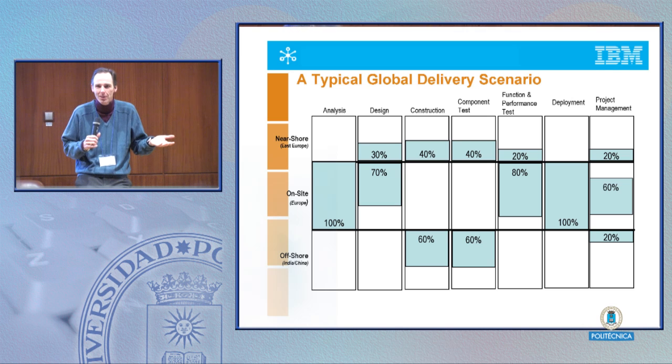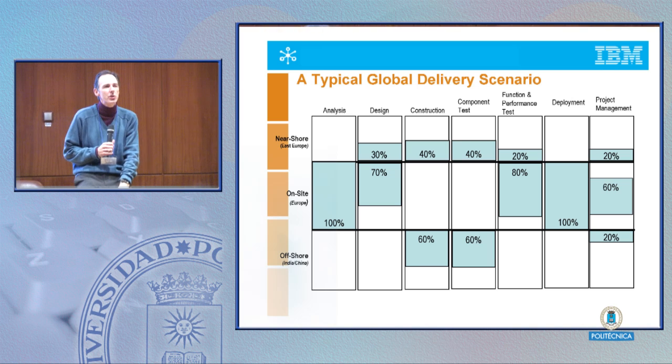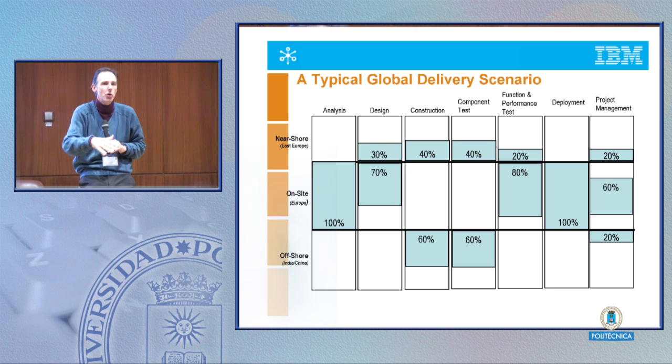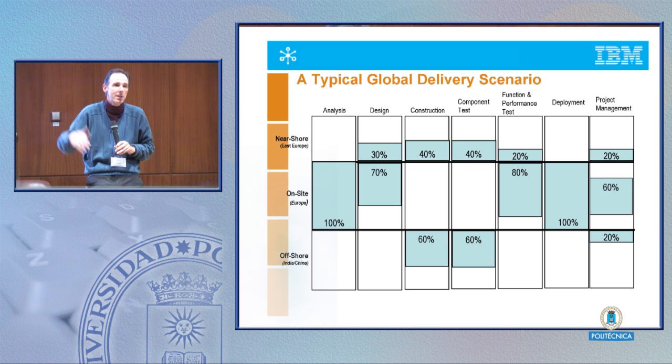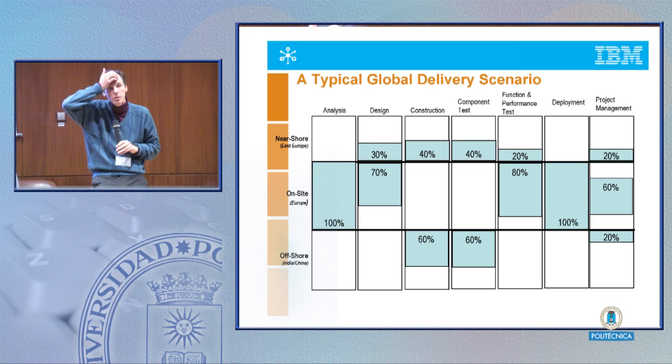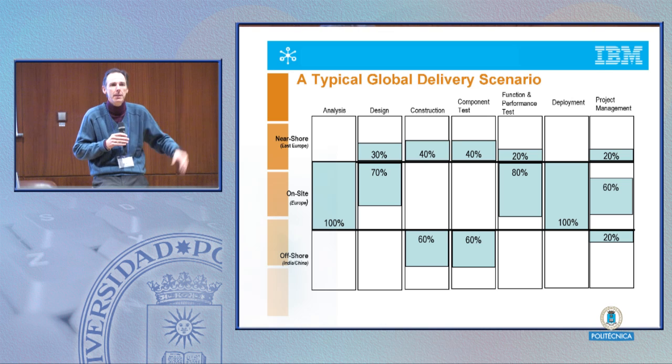money, which if you live in Spain, you don't have to look in the newspapers very long to understand the crisis. So what tends to happen is we see these sorts of diagrams which says we're using different locations. Here's a very simple view with 3 locations. What we might call on-site, our European offices. What we might call near shore, it's not too far away, the time zone difference isn't too difficult. Maybe it's even part of our own organization. And offshore, we're using places, it could be South America if we're working in Spanish. It could be other places like India and